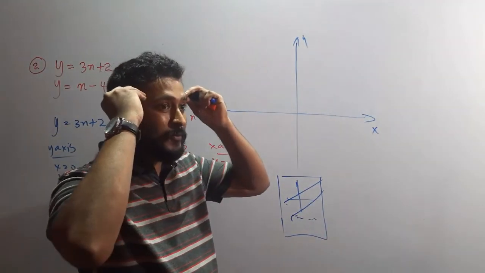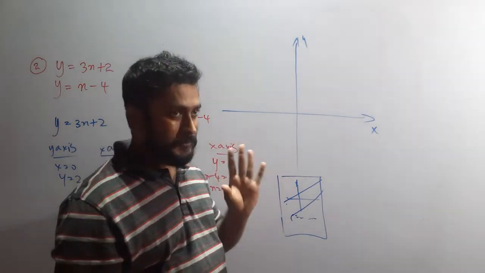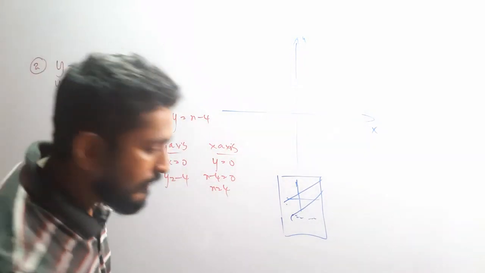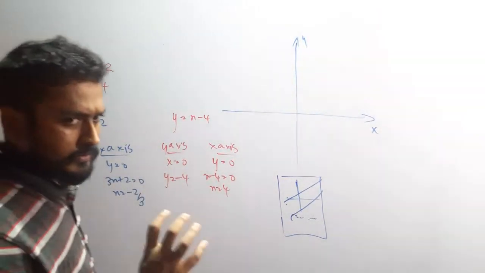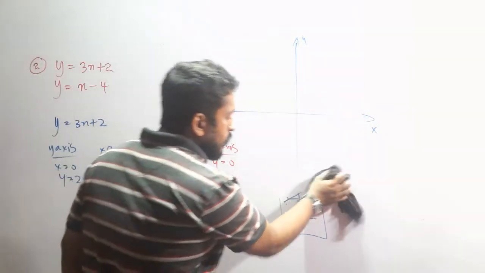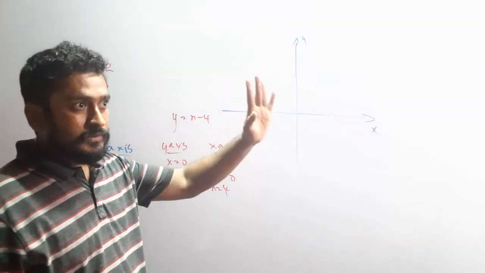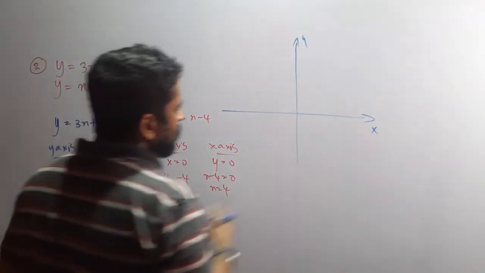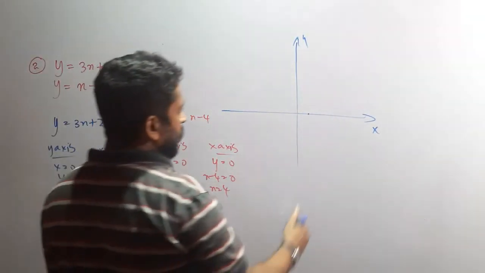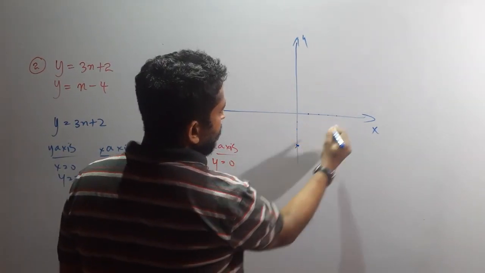So with practice you will learn these things bit by bit. You have to realize the unit well by analyzing the values you have. 4, and 2 by 3, 2. So you have 4, so don't have a longer unit. Let's have this much. So x is 4, y is minus 4.